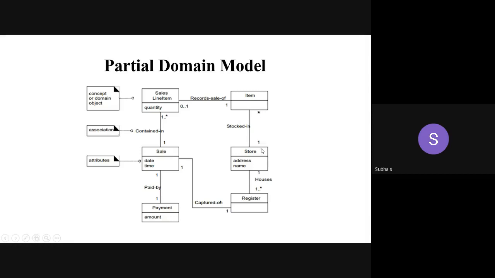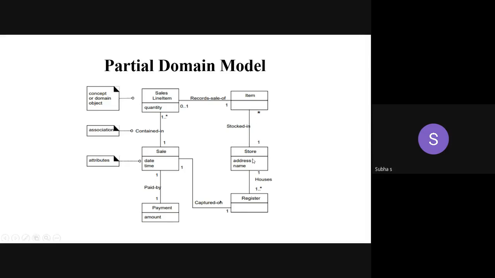The star and the one double dot star all represent what? Multiplicity, different kinds of multiplicity. So hereafter, for any class diagram you draw, you have to write the multiplicity and the role, everything, whichever is applicable.